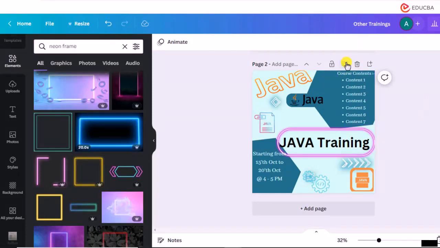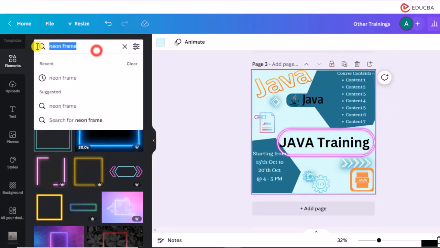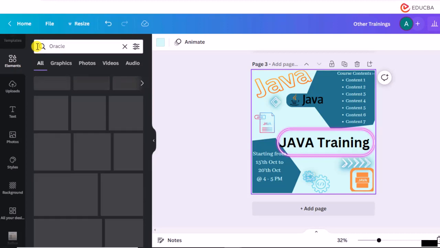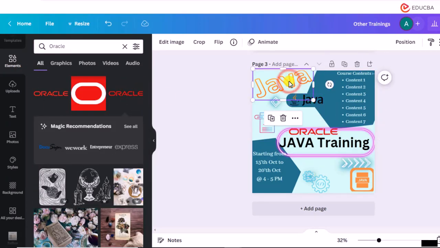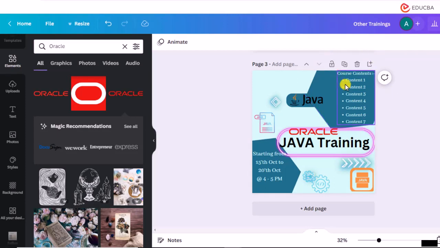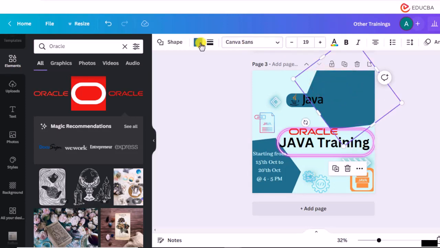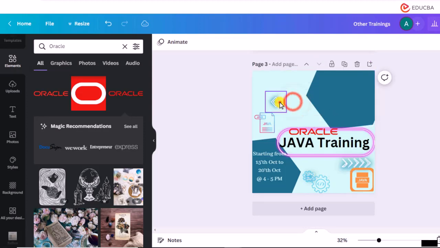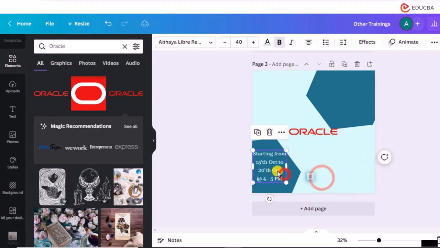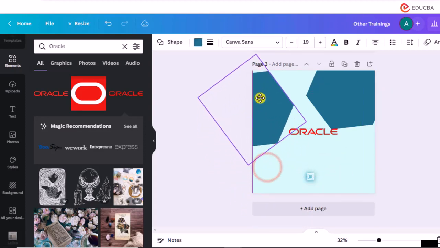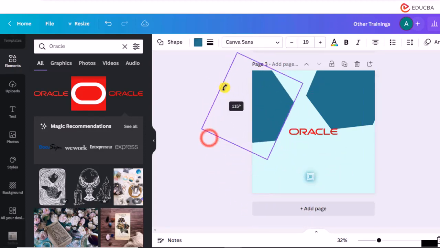So I'll continue in this only. I'll duplicate this page. I want it for Oracle. So let me add this and let me remove this. Also, I'll change the placing of this. So let me remove all. Okay. So I'll place it